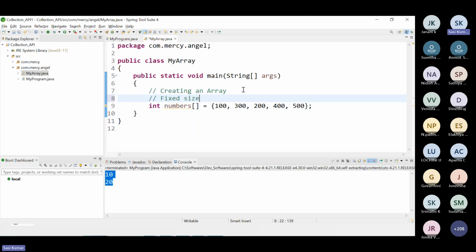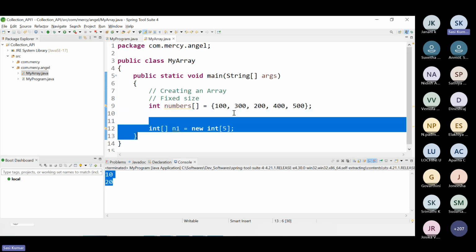For example, you can also declare something like this: int n1 equal to new int of 5. Now this is how you can create an array.